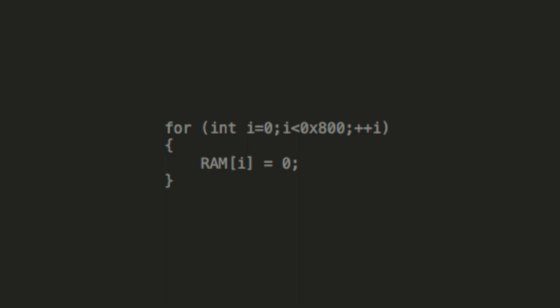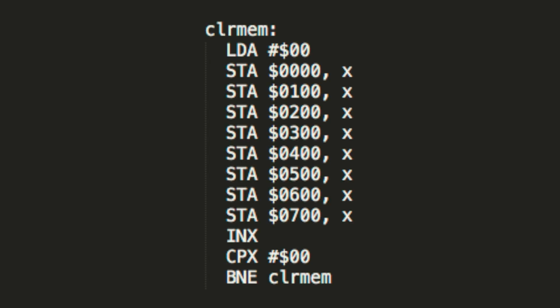that we have on the NES, we can imagine where we have a buffer that points to that RAM, and we loop through from 0 to 2048, and we set the value to 0. That seems pretty simple. Let's take a look at how we do that in assembly language. Holy shit, what is this? Okay, it's not really as bad as it looks, but there's a lot to unpack here, so let's start